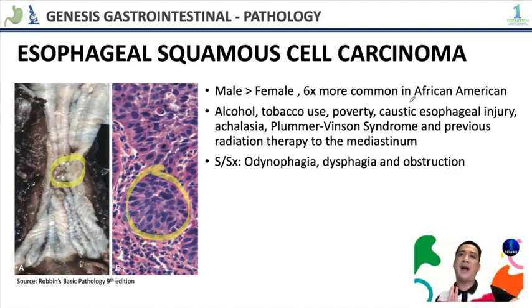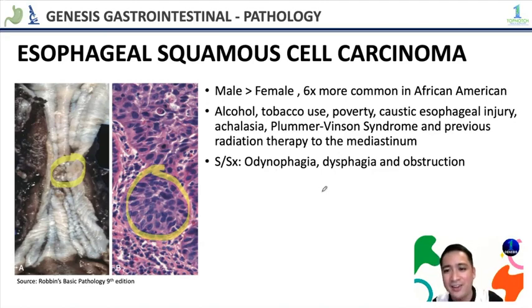And what are the risk factors? These are verbatim according to Robbins. Alcohol use, tobacco use, poverty. Yes, poverty is a risk factor. Caustic ingestion, achalasia, Plummer-Vinson syndrome, in some books, Rubin's pathology, another name for this is Paterson-Kelly-Brown syndrome. Signs and symptoms are usually odynophagia